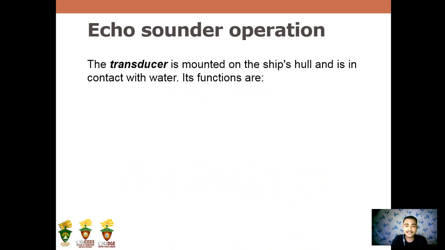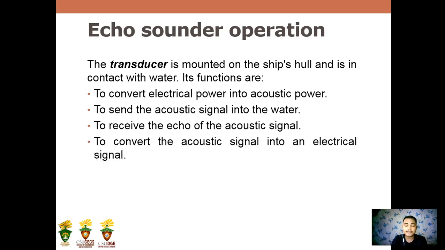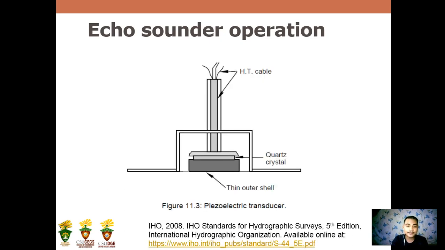Alright, so next is the transducer. The transducer is mounted on the ship's hull, or attached to the ship, and is in contact with water. The function of the transducer is to convert electrical power into acoustic power. Then it sends acoustic signals into the water, and it also receives the echo of the acoustic signal, then converts the acoustic signal back into an electrical signal